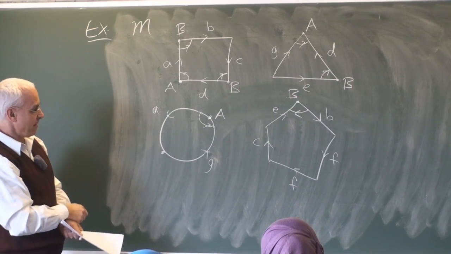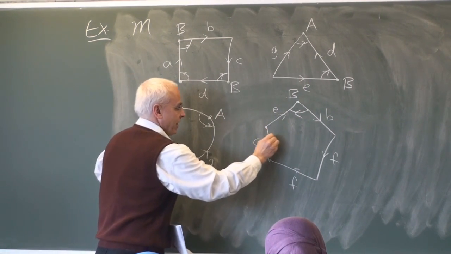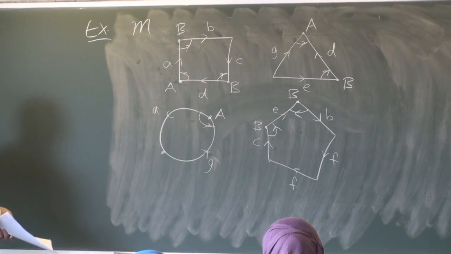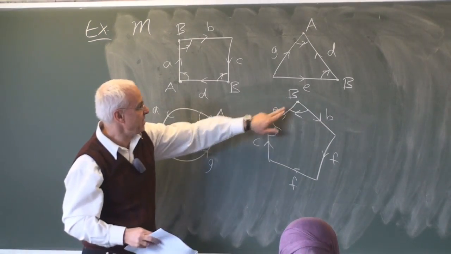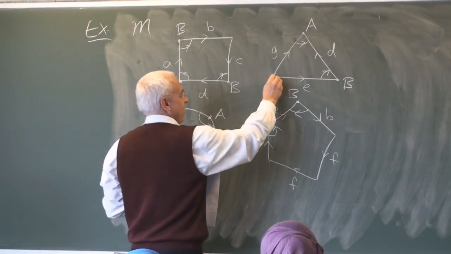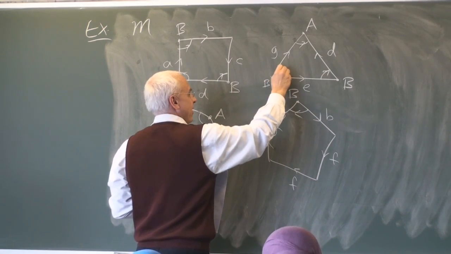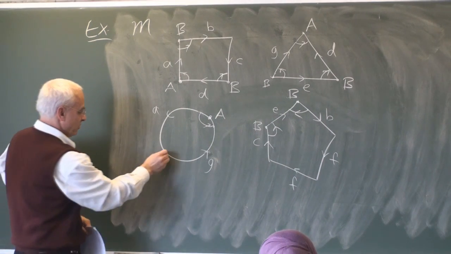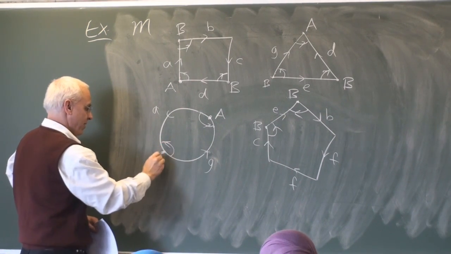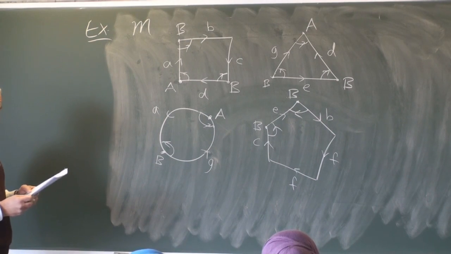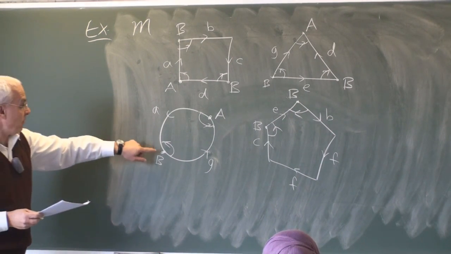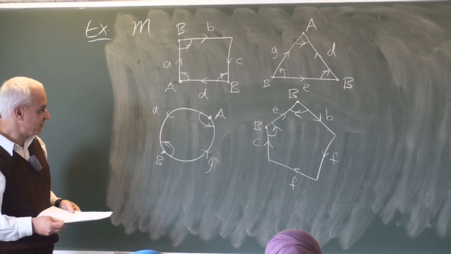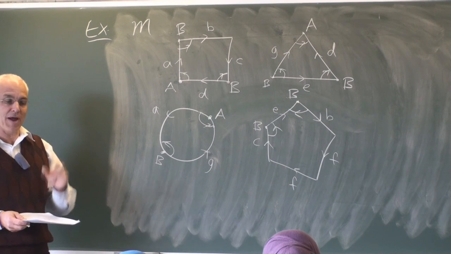To the top of C, right? The top of C is over here. So now we're going this way. That must be vertex B. To the bottom of E, bottom of E. To the bottom of G. Bottom of G was over here. Now we go this way. To the top of A, and that's where we started. Okay, so that's now a complete traversing around the vertex B.